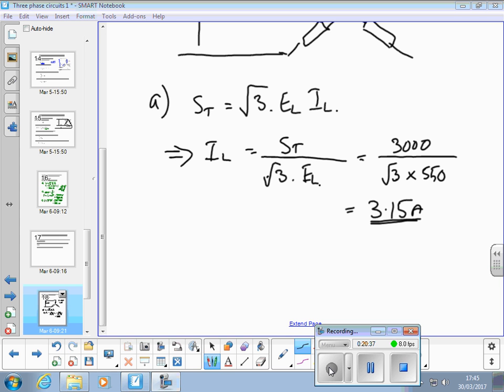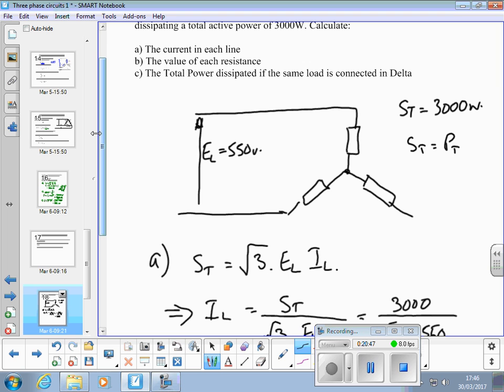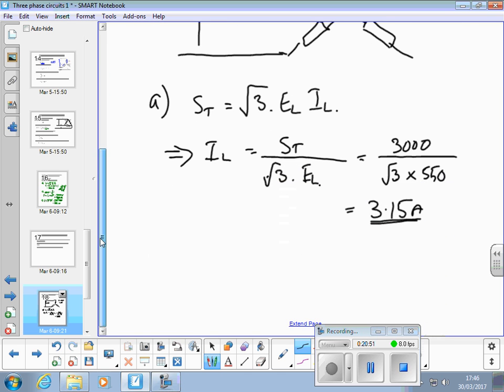.15 amps. So that is the line current. The question asked for the current in each line, so we got that. Now, we're looking then to find